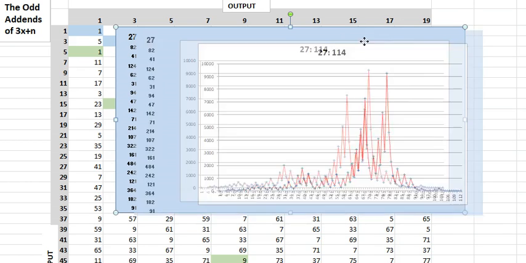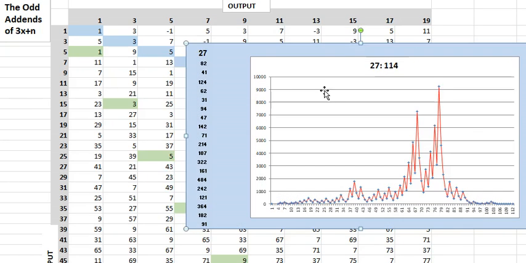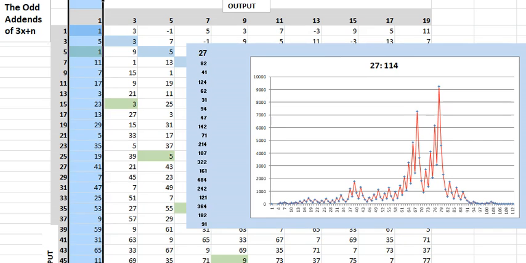So what does this graph have to do with this table? A lot, because we only need to look at the very first column, and that is where n equals 1. And what we have is an input-output table for the Collatz sequence. So just to quickly look at a few numbers, 27 goes to 41,